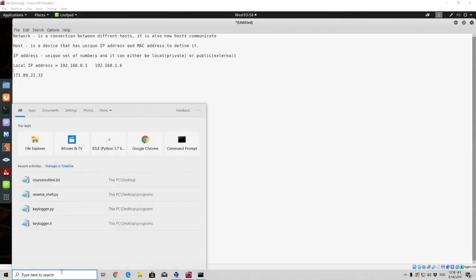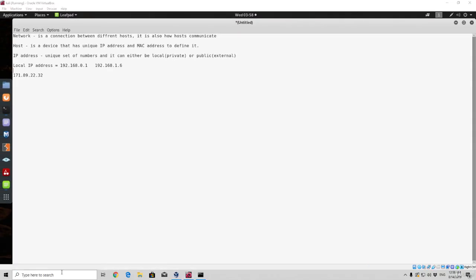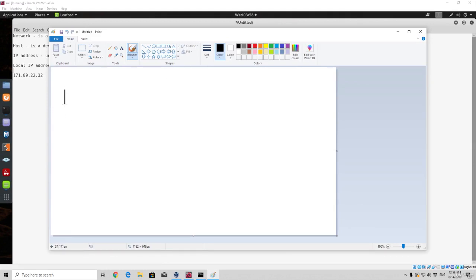So simply in order to paint that a little bit better, we can just open Paint right here, and we can just draw a PC. So this is your PC. Let us draw it right here. It has the IP address of 192.168.1.6. And let me just enlarge this dot right here. Okay, and it sends packets to your router. And this is your router, let's say. It has the IP address of